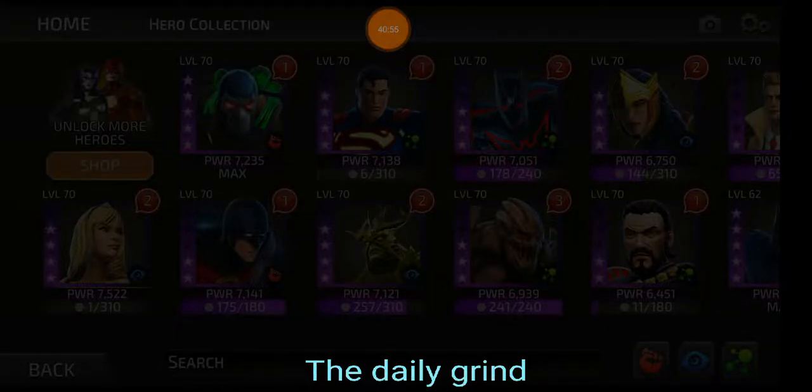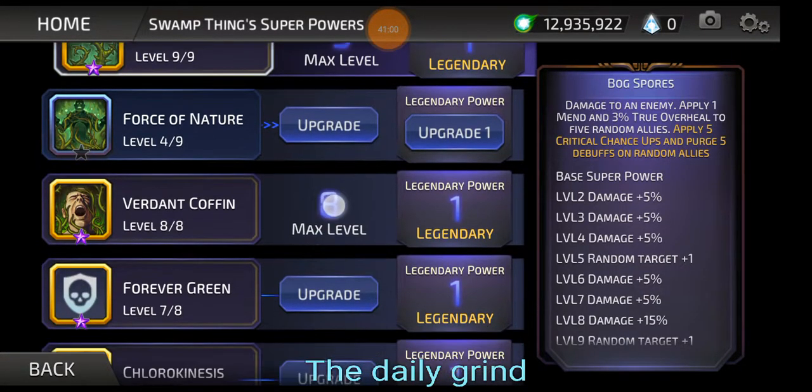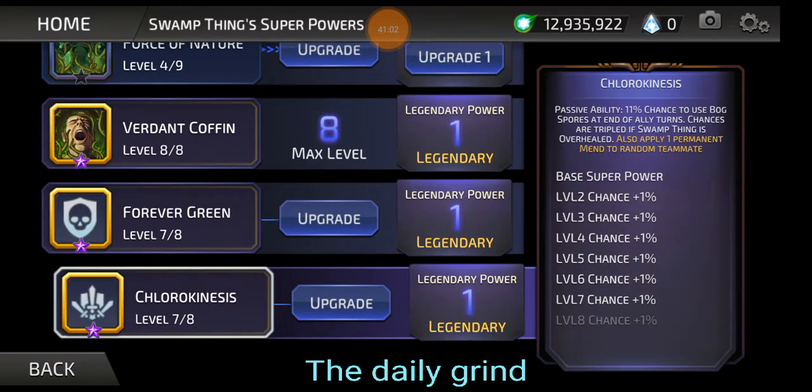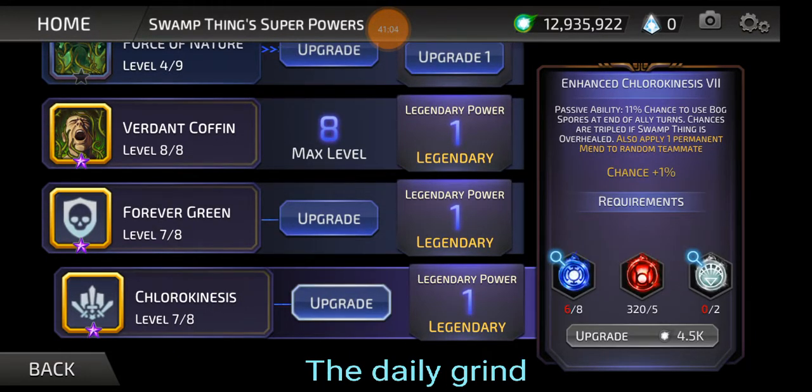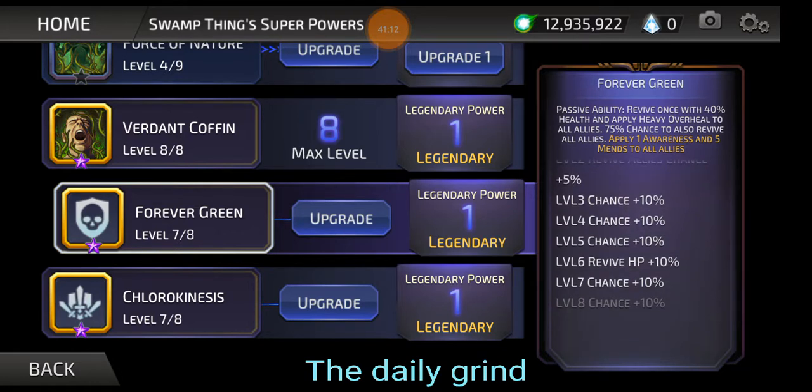You usually only max skills if you actually need to. Like this chlorokinesis, I don't see the point in adding another 1% chance to a thing that procs every round. And these ones, I was talking in another video that if you are counting... I just wanted to test this, and I regret bringing it